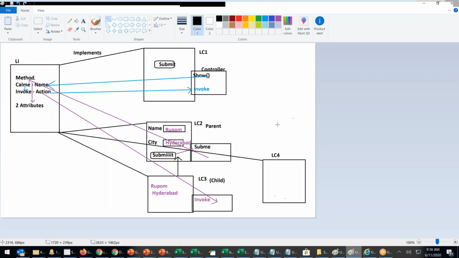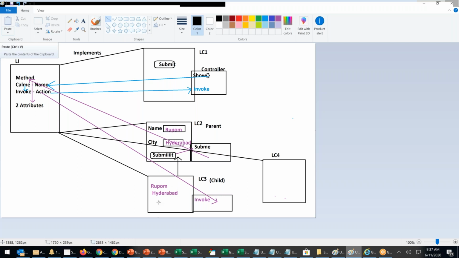Now, what is the use of this? The use is that to the same method... Now, what is happening? L2 is where the data is created and L3 is displaying.